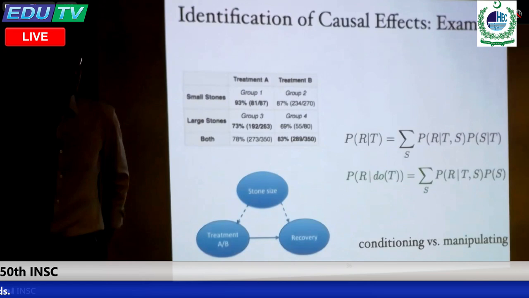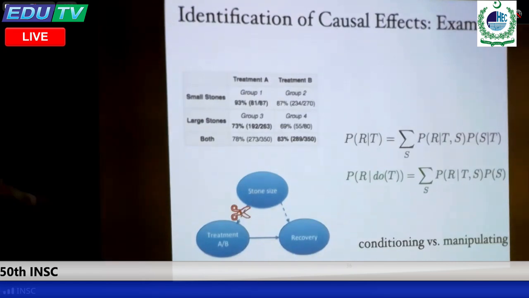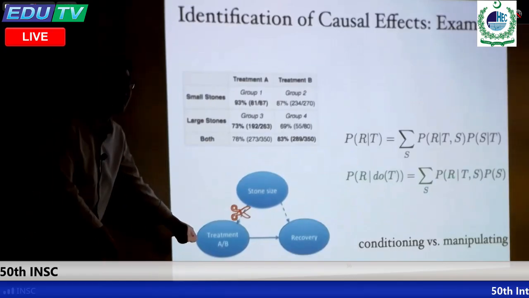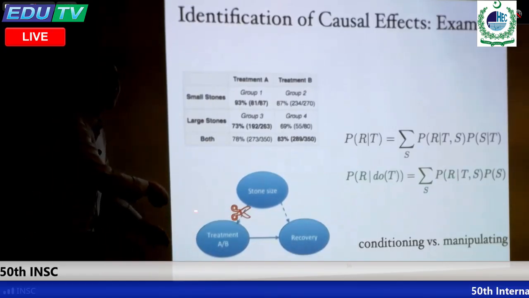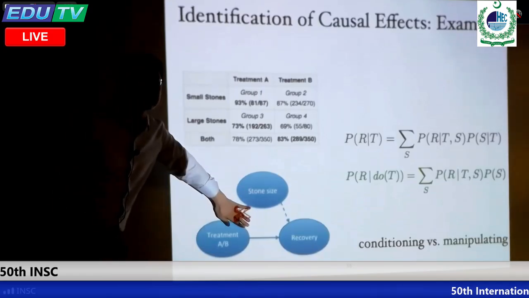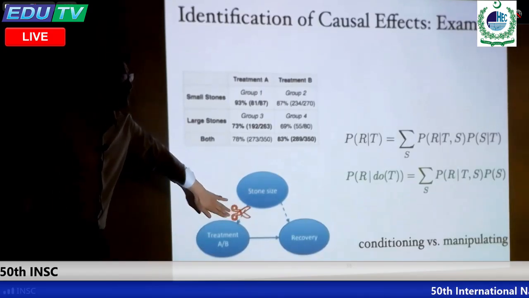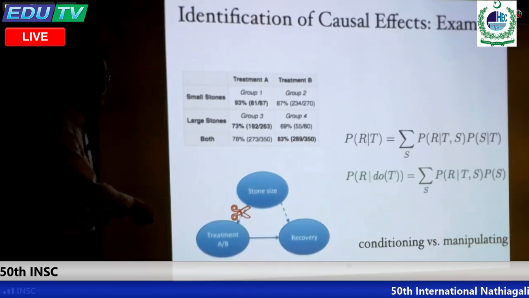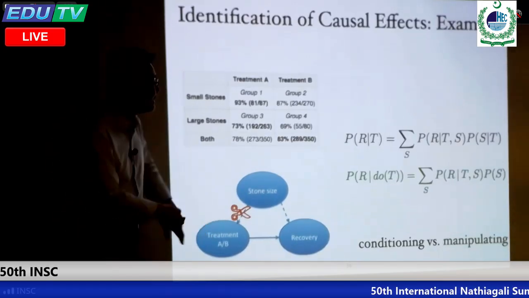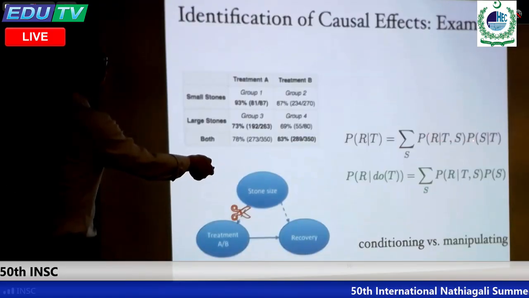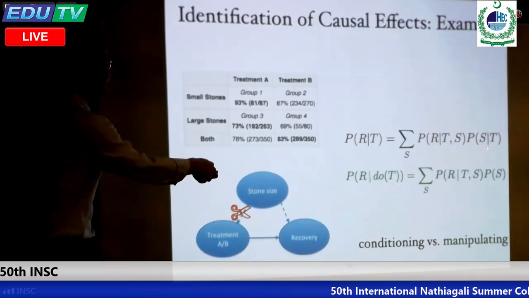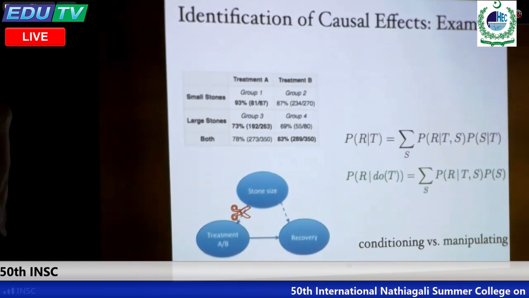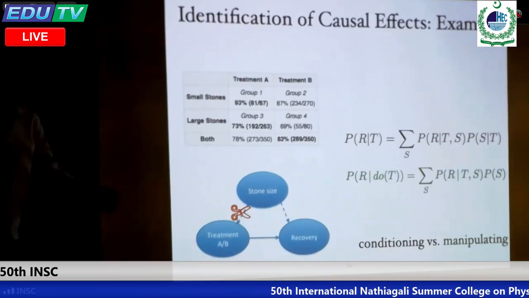If you do intervention, what do you do? You just directly change the value. If I do intervention here, I directly set the treatment to either A or B. Then the original mechanism will disappear. I cut off the links, right? I directly change the value. And as a consequence, after I do intervention, they will become independent. And now you can see this is the only difference. The conditional distribution of stone size given treatment will become the marginal distribution of stone size. That's the only difference, because I'm doing intervention.